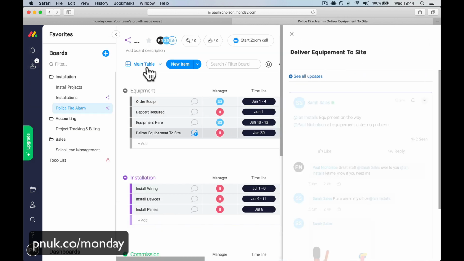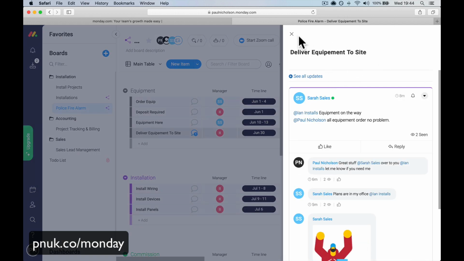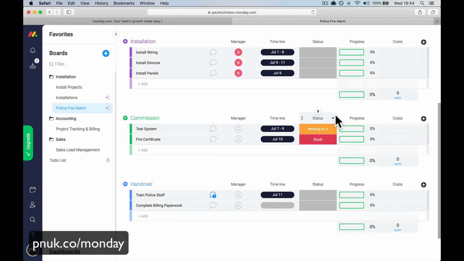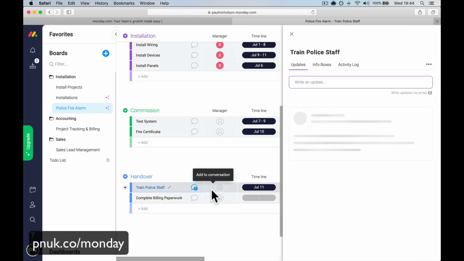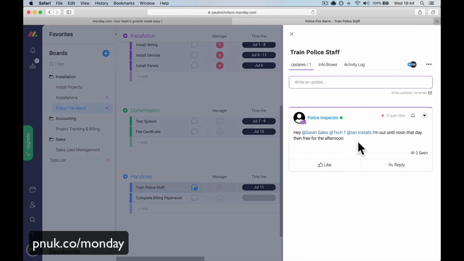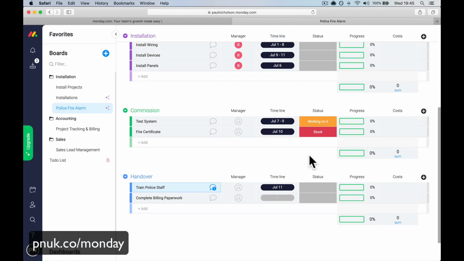Also replied. Where's the message? But she can go here. It will pop up eventually. I'm not sure why it hasn't popped up when he's tagged her. Oh, it's because I'm logged in as Paul Nicholson, not Sarah. This is why it gets confusing. Sorry about this. So anyway, as Paul Nicholson, I can tag